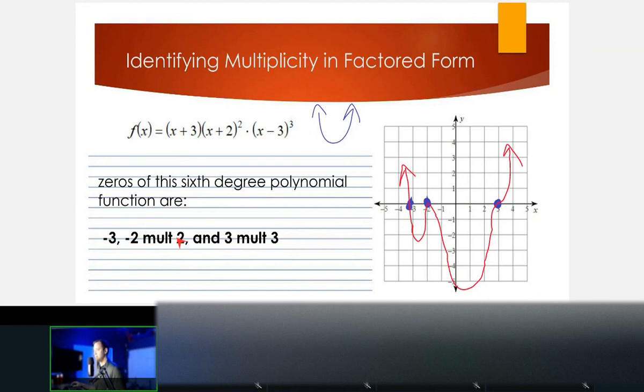The -2 has a multiplicity of 2. 3 has multiplicity of 3. And then we know that it passes through at -3. We know it bounces at -2. And we know that it passes through at 3, but in an S-like formation, right? And that's it. That's using the multiplicities